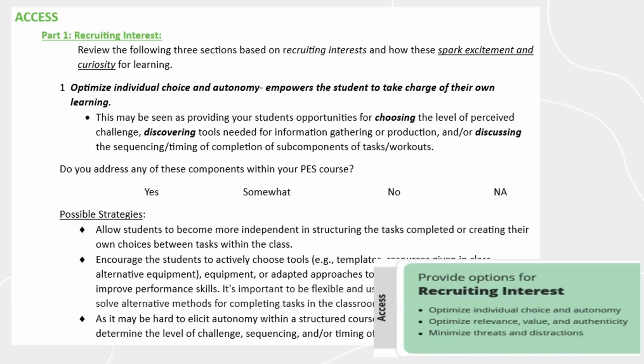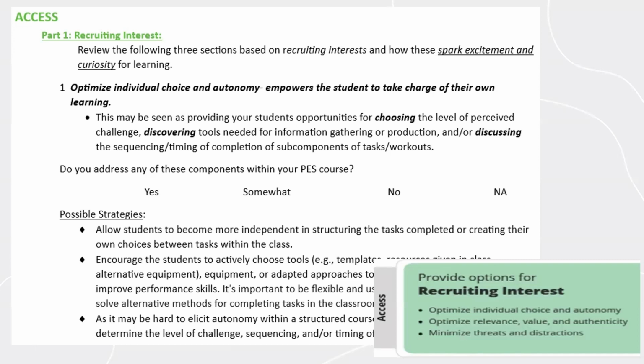You will see further on the manual, it then provides you a key element that you should be incorporating within your classroom. As for example, 1, optimize individual choice and autonomy is provided within the manual, which is the first bullet point within the visual. So this is just one key element in which you can attain recruiting interest for the access part of